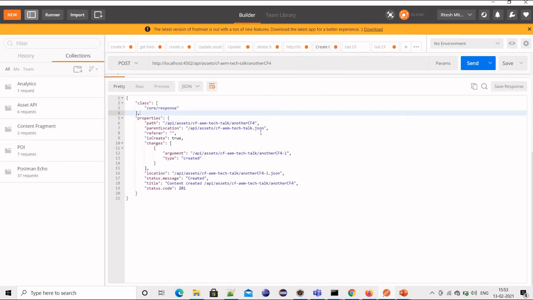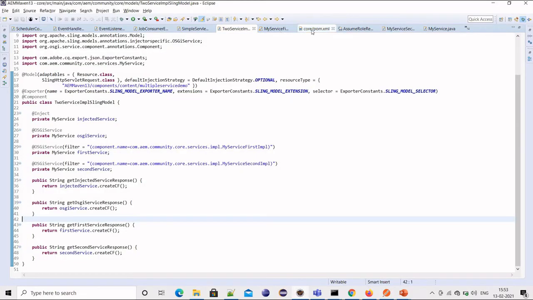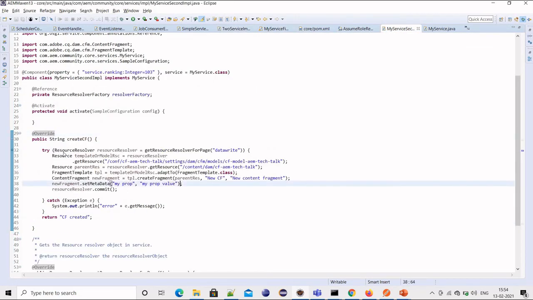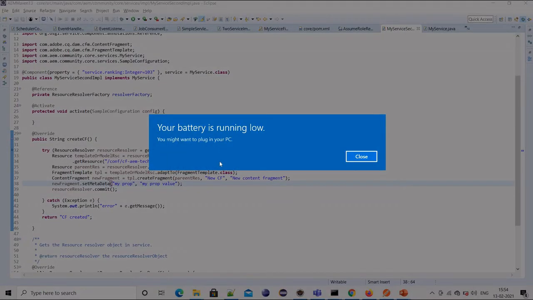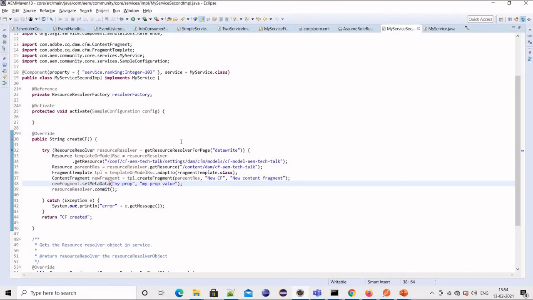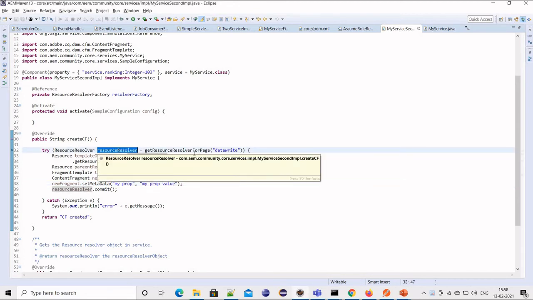Okay, so this is one thing, but within our AEM application, if you want to create a content fragment, for that purpose we have APIs available. Let me just show you. Here I have one method, create content fragment, and in this one I'm just creating a new resource resolver.